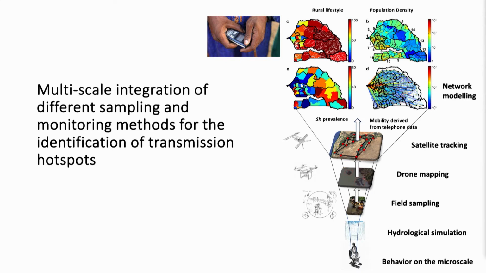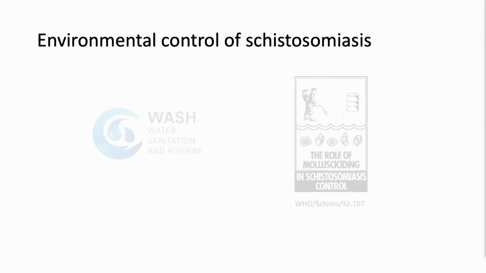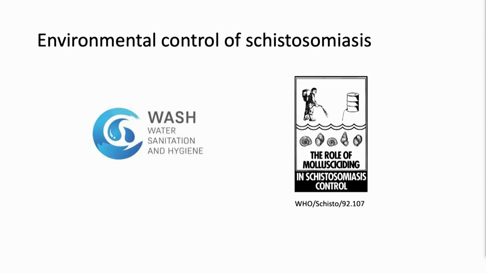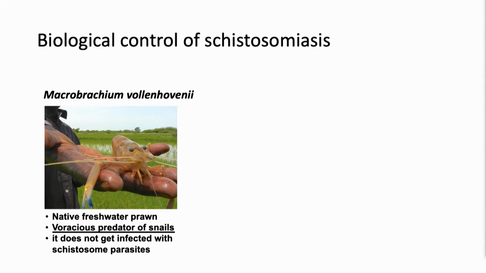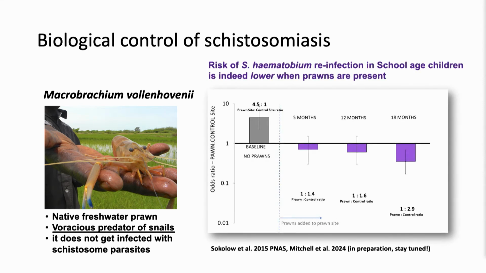Talking about the type of intervention, I also want to mention that environmental control of schistosomiasis is not something new. It's been there for quite a while, either with engineered interventions, which are always fantastic, but take time and are capital intensive, or using chemicals to kill the snails, which has a lot of other environmental problems. So we look at the control of schistosomiasis by using a biological agent, and we did this work with the Macrobrachium volenovi, a native species of Western Africa, a voracious predator of the snail, and through the equivalent of clinical control trials in the environment, we've shown, and I won't show you any p-value, that indeed prawns are able